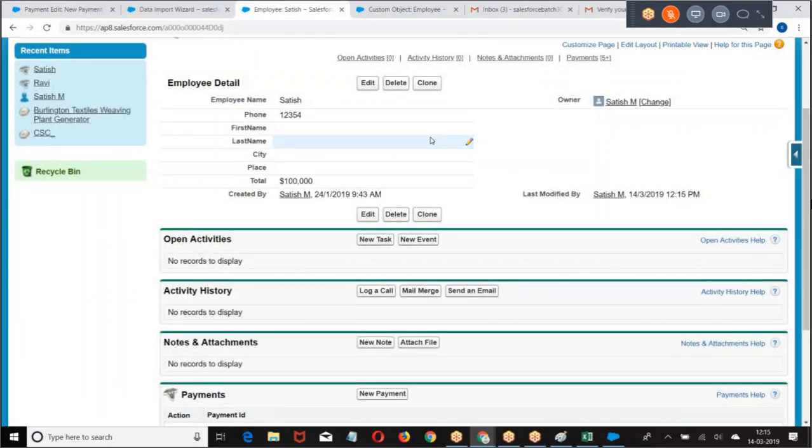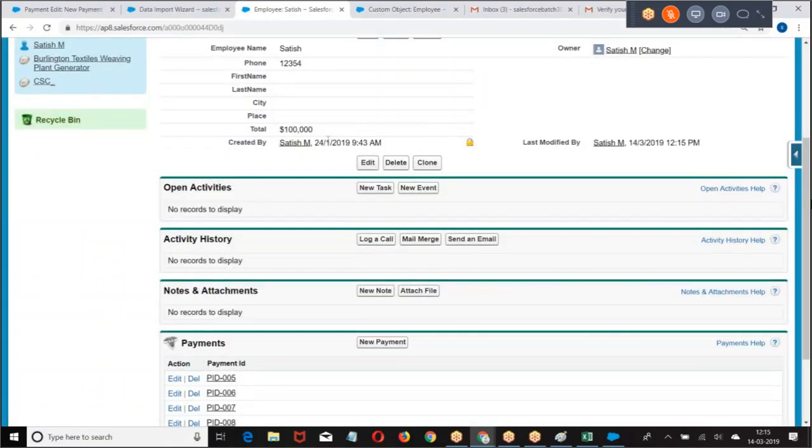Now, the most complex point here is update. If any one of the child records is deleted, we removed it. If a new child is created, we added it. If an existing child record is modified, how do you know that it is modified?